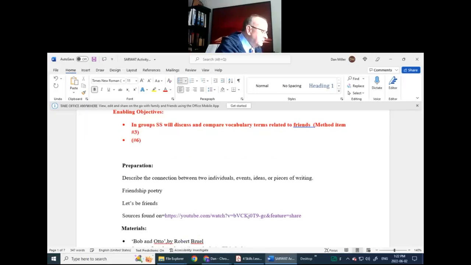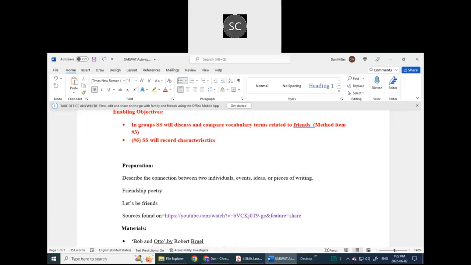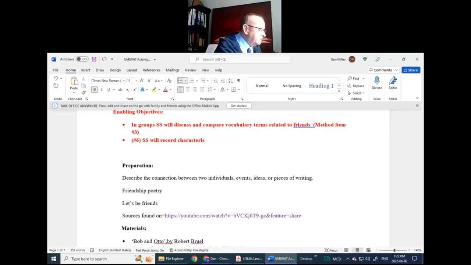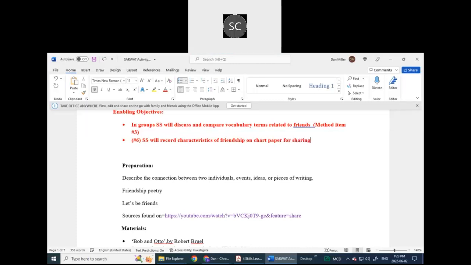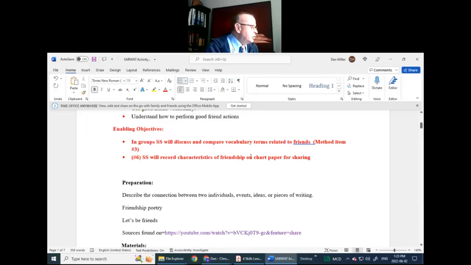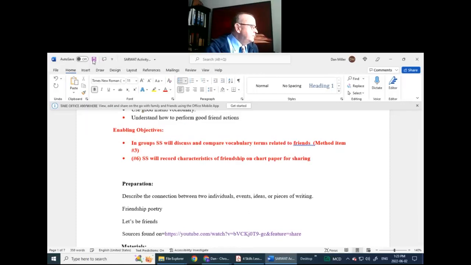Number 6, students will record characteristics of friendship on chart paper for sharing. So the enabling objectives are just things that occur during the lesson